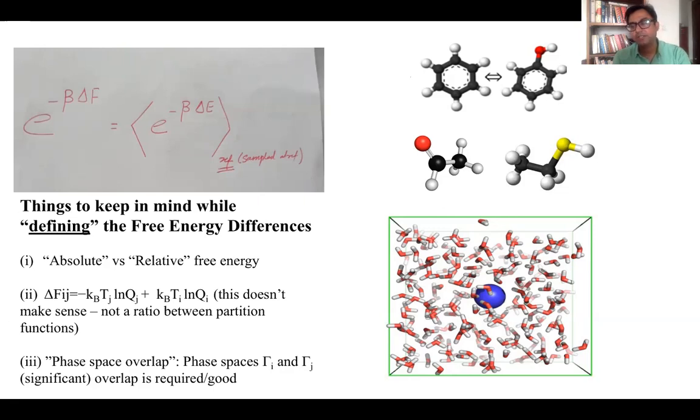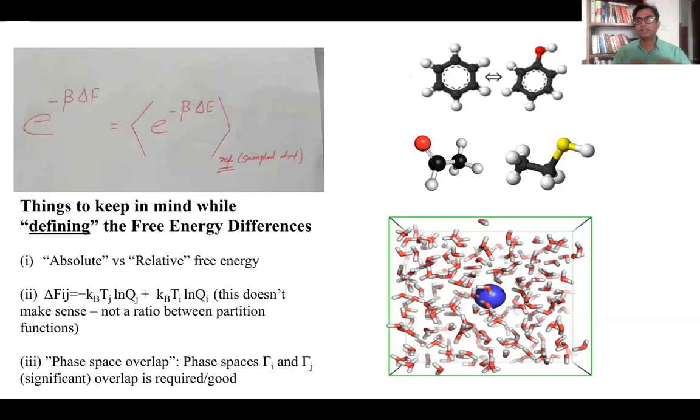There are some things that you must be thinking right away, which I'll come to in a minute, about steric hindrances and so on. This is something that you can only learn when you actually start doing things. There are other aspects of it, like slow growth and thermodynamic integration, which I'm going to talk about in the next lecture. But just imagine that you run the benzene simulation, you create a column, you get 1 million energies, then you just close your eyes, say the benzene is now phenol, and calculate the energy as if it was phenol.